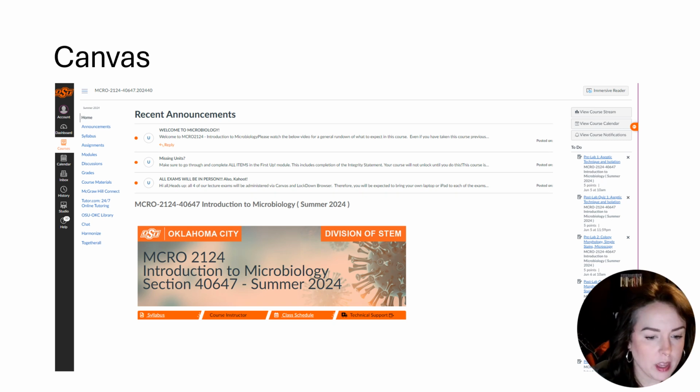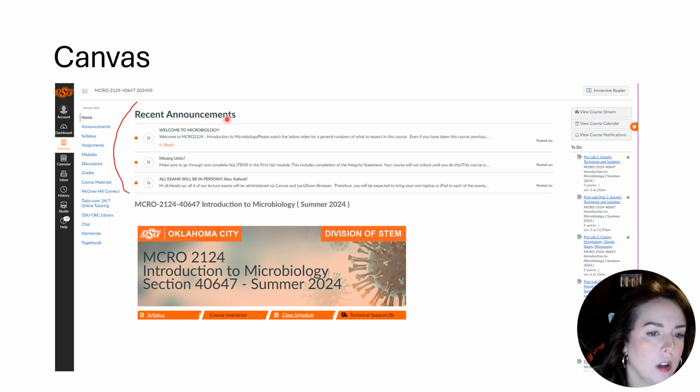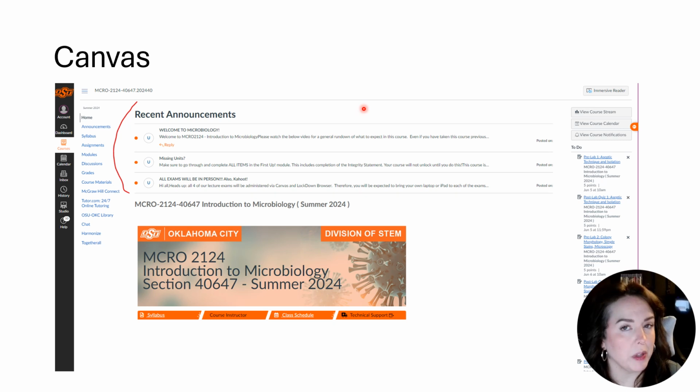Okay, so this is basically what your home page of Canvas is going to look like. Let's see, my laser pointer, look at the different parts here on the screen to see what is a little more important than others. When we look at the front of this page, we have the announcement section at the top. You also have a tab at the left side up here. The recent announcements, you really need to keep track of these. You should be getting alerts in your email whenever I post an announcement. You need to have those notifications set up in your email because it's my primary way of letting you know